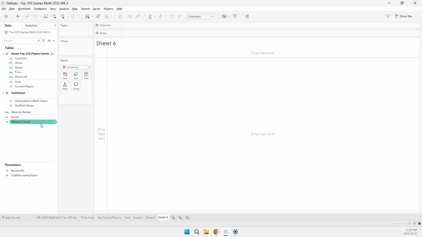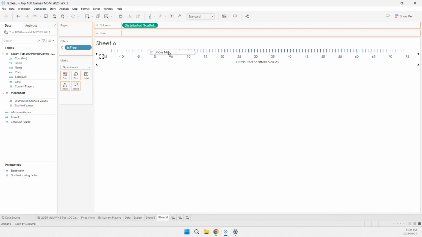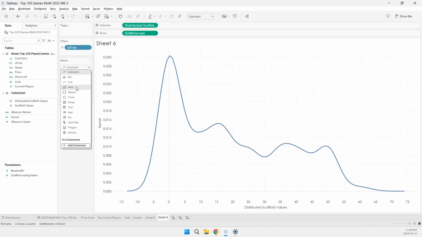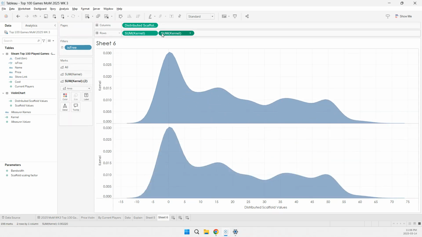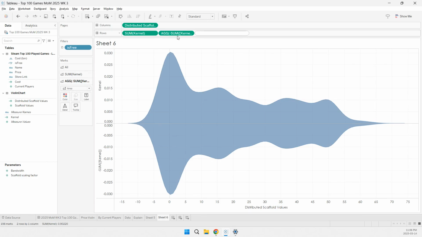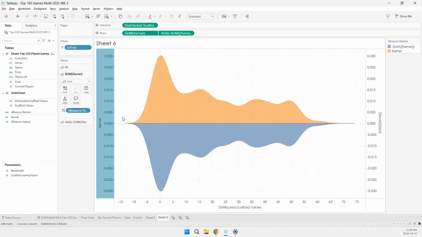Let's create the violin plot. I'm going to right click and drag the distributed scaffold value and drop it on columns for the x-axis and drag the kernel into rows. Choose area chart, hold the control key down and drag the sum kernel, put a minus sign in front of it, right click, dual axis, synchronize axis,